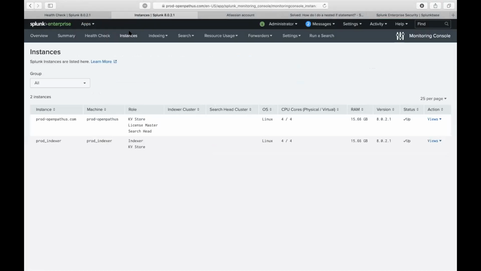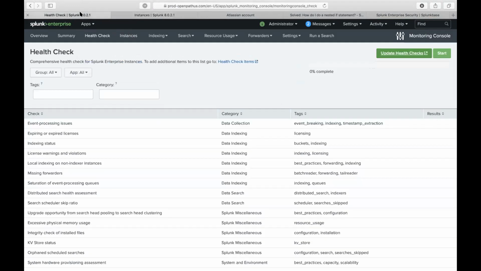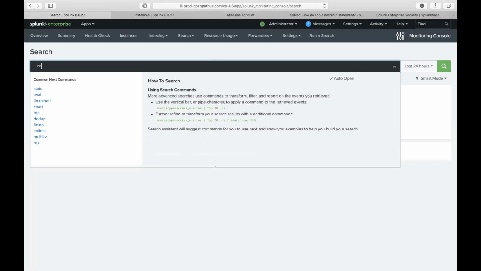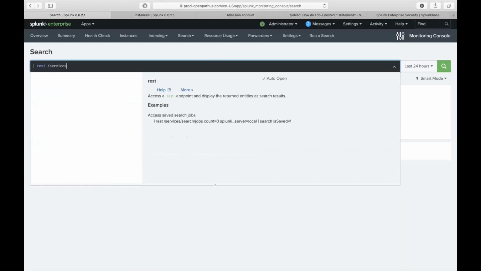All right, so next screen, instances. As you would guess, these are your instances that you can see here. Everything in here is basically based on the instances that your Splunk instance is connected to. So if you wanted to check this using a generic search, say we go to run a search, what we'll do then is use the rest command, and we'll do services. So rest basically allows you to connect to endpoints live as it's happening. So rest services, server info,